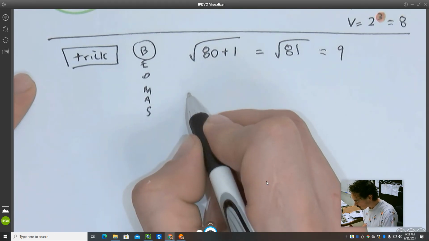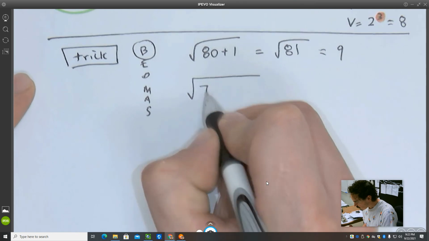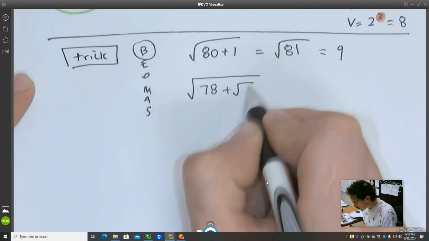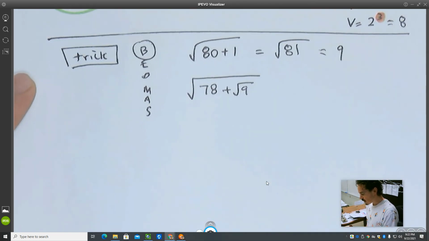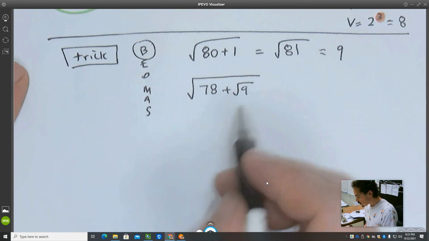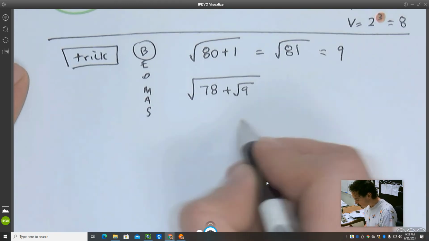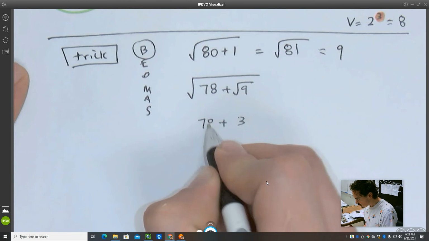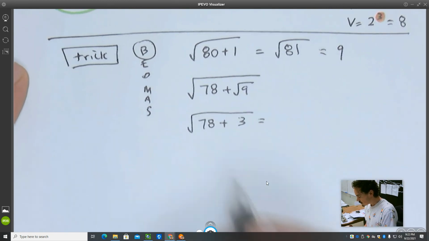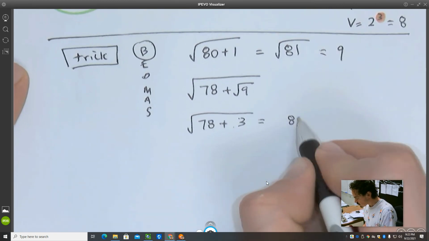Here's another example. If I had the square root of 78 plus the square root of 9, that looks really complicated. But if you solve it one step at a time, the square root of 9 is 3. Plus 78, all under a square root. 78 plus 3 is 81. Square root of 81